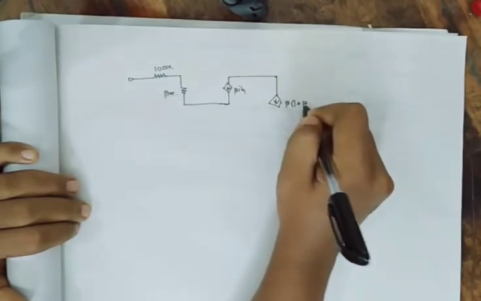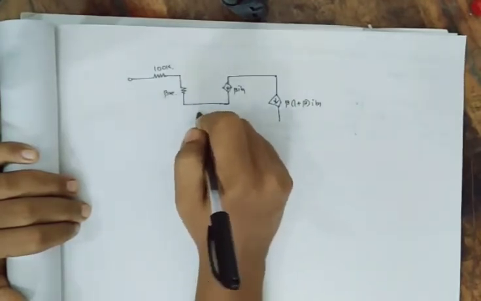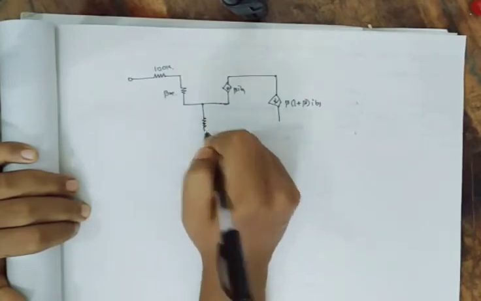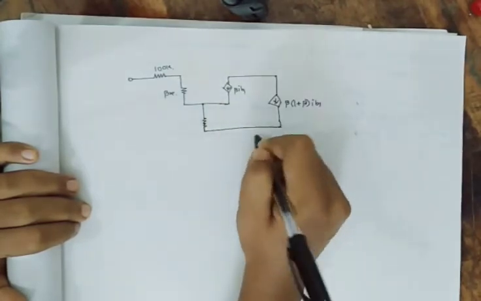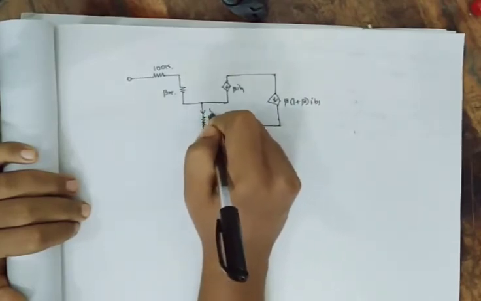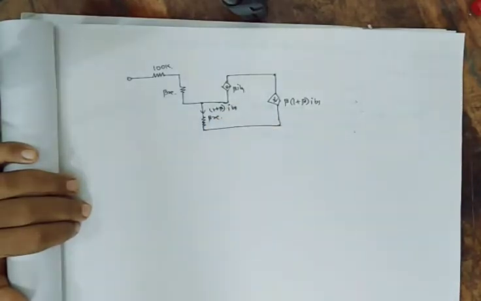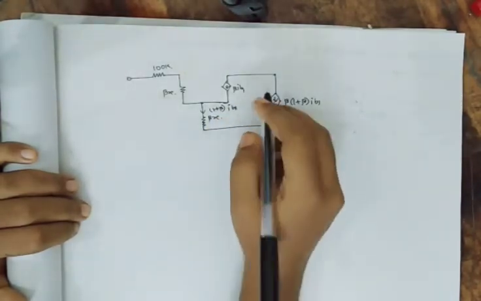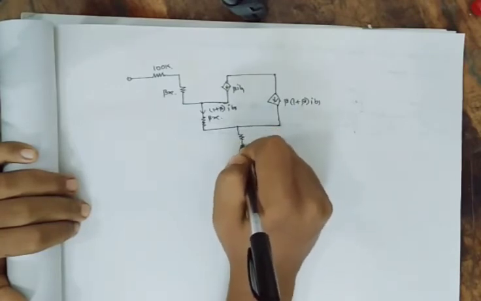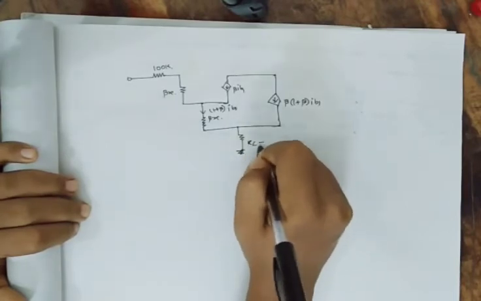It is 1 plus beta into IB1, and then this emitter is connected to the base of the other transistor. This base will be having beta Re, and the current through it is 1 plus beta into IB1, and then it is connected to a load that is equal to RL, which is